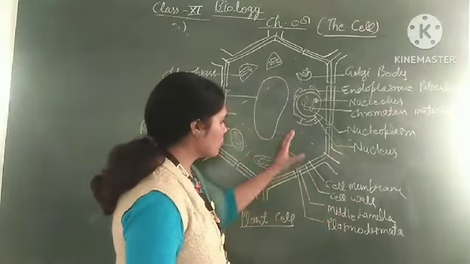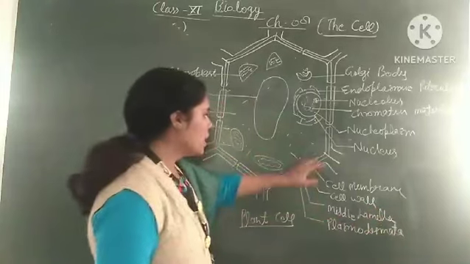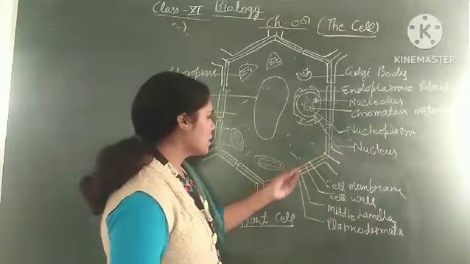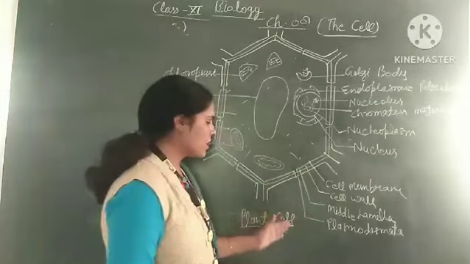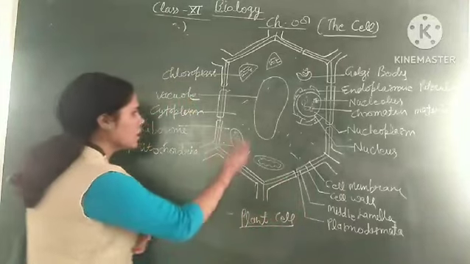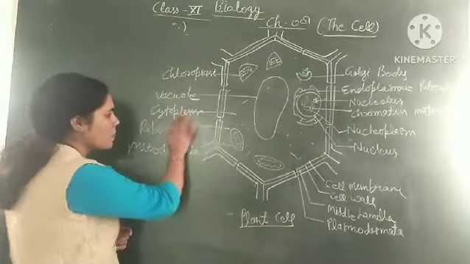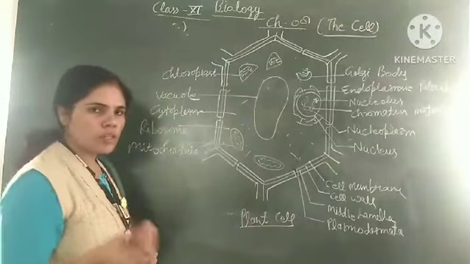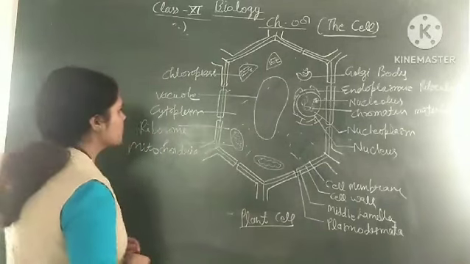And there is a junction between two cells which is known as cementing material, the middle lamella. The whole envelope contains some pores. These pores are known as plasmodesmata, which facilitate the interconnection between two cells. And inside the cell, the liquid of the cell is known as cytoplasm. Cytoplasm contains some microorganelles known as ribosomes, lysosomes and peroxisomes.